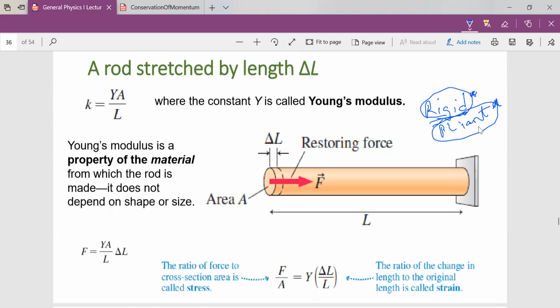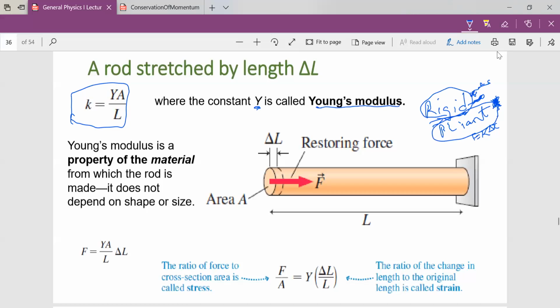So we have in this system of stretch and compression, the class of material called planes and the class of material called rigid. This one, large force yields small stretch or small expansion, while this one, small force yields large deformation or large expansion. So we have seen in the case of a spring, where we have F equal to K change in X. But for this rigid body, we'll have the K to be given as YA over L,